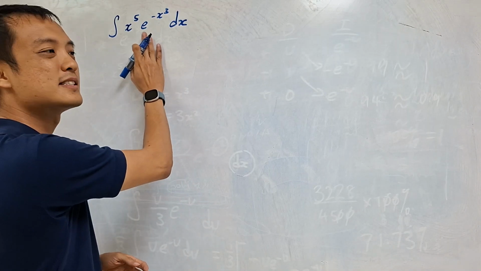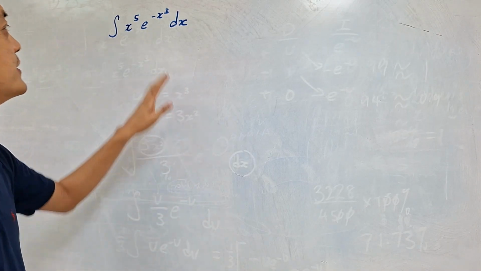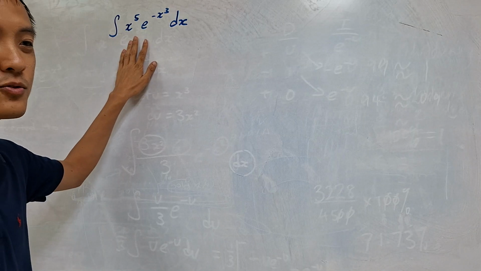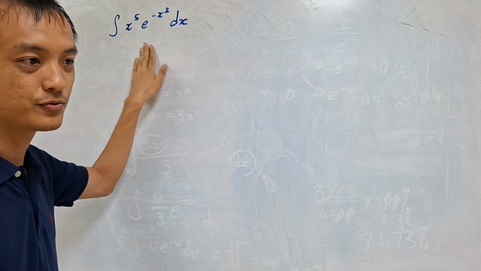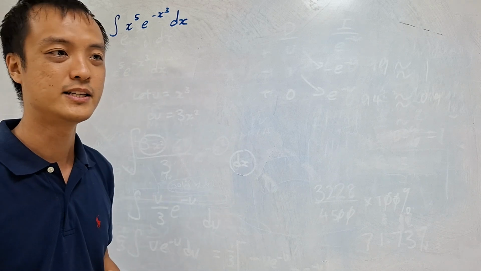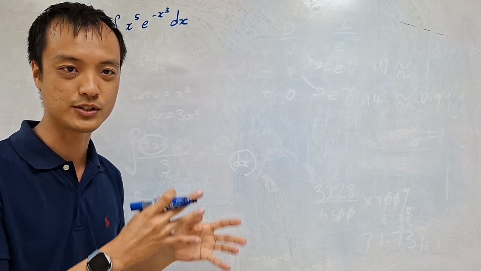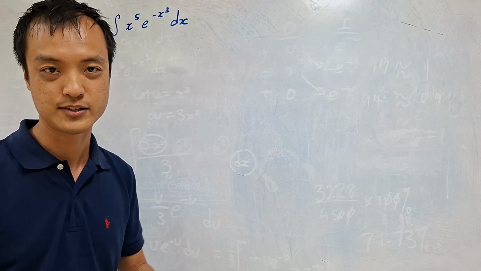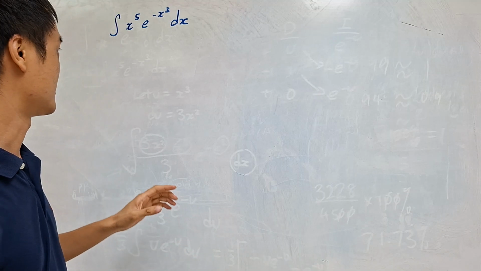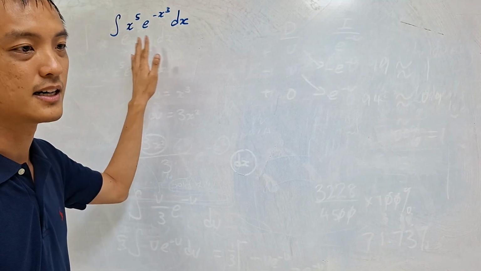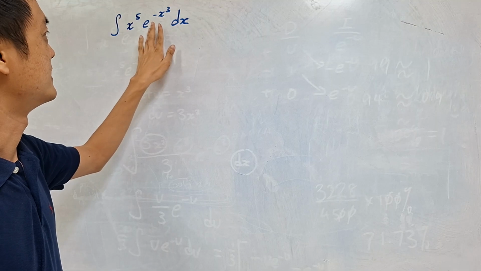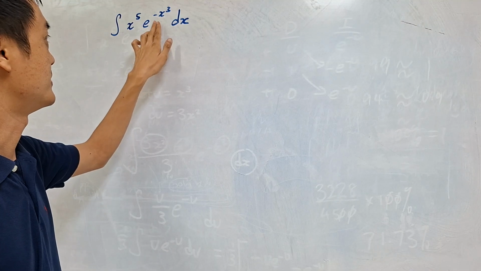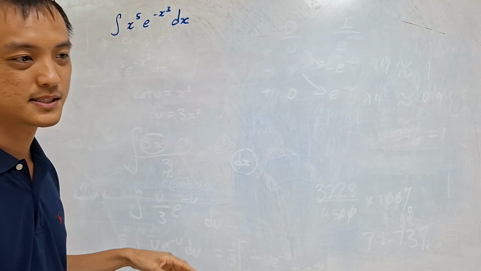Let's stare at this equation for a while and we'll notice that some students will be tempted to use integration by parts because this is a product of two functions. In integration by parts, we know that we have to differentiate one of the terms and integrate the other term. So we ask ourselves, which term can I not integrate? I cannot integrate the second term, e to the power of minus x cubed, which means that I'll have to